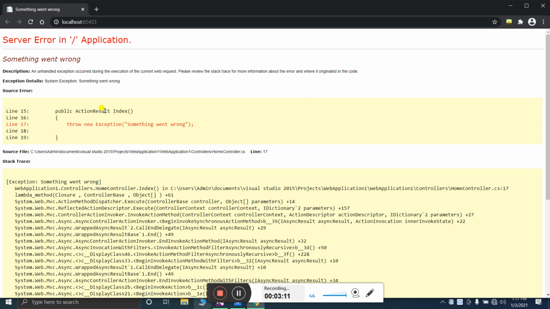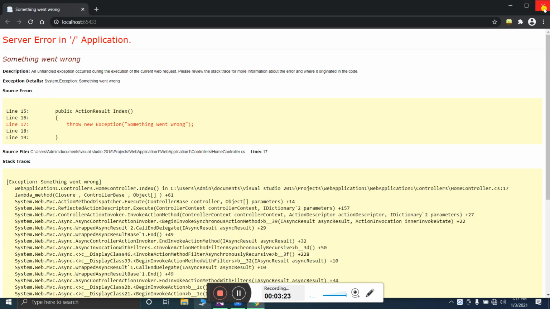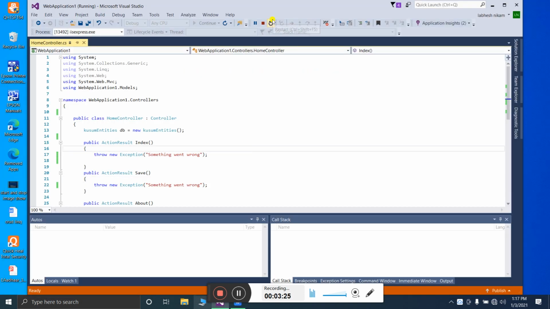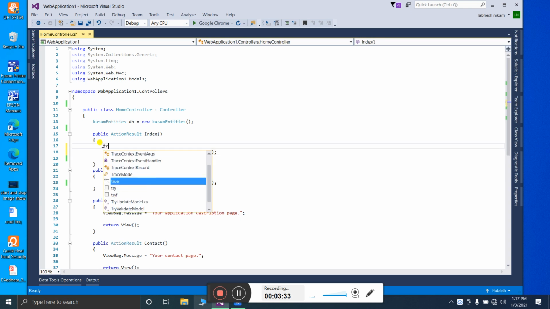So to display our own customized error instead of the system error, we will do another thing. First, when there is no handle error attribute, at that time we catch the errors using a try and catch block. Let's see how to do it.